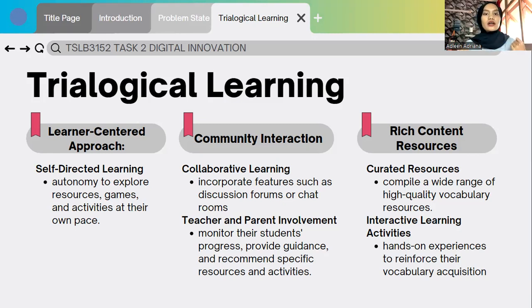So in terms of the first point, which is curated resources, in line with the trilogical learning model, the website can compile a wide range of high quality vocabulary resources. These resources can include word lists, interactive flashcards, audio pronunciation, and educational videos, as well as some more games which are reliable. So the model emphasizes the importance of content, and a rich repository of resources ensures that learners have access to